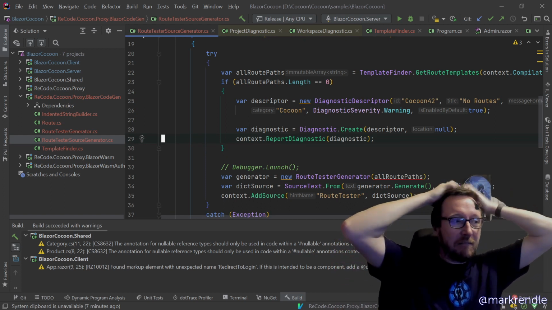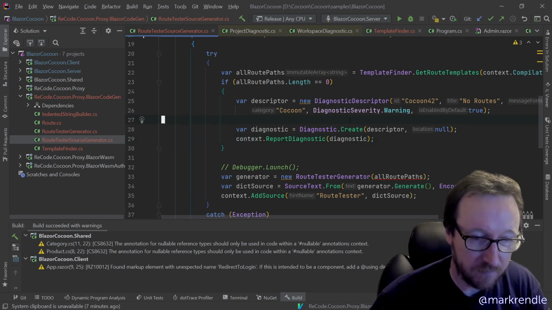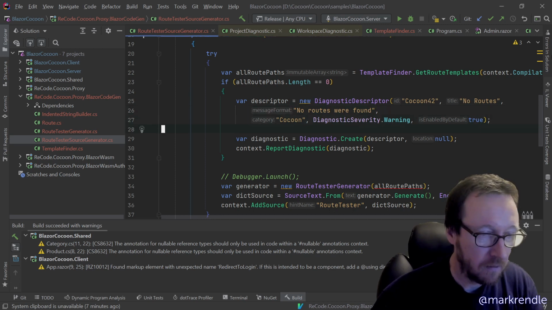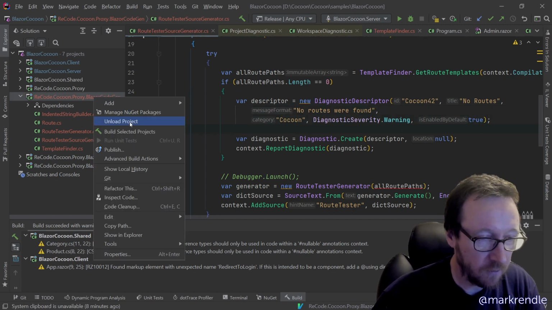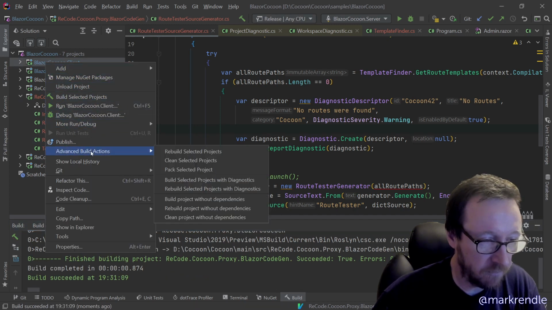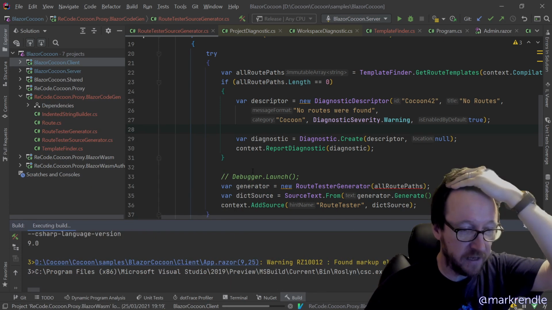I think that will then feed into the build output. We shall see. So build this, and then advanced build actions, rebuild this. So often what's actually happening here is